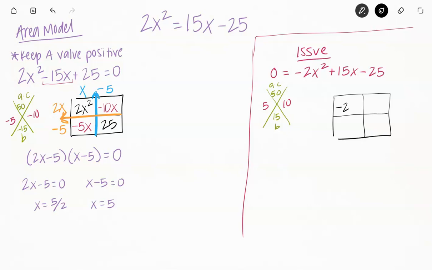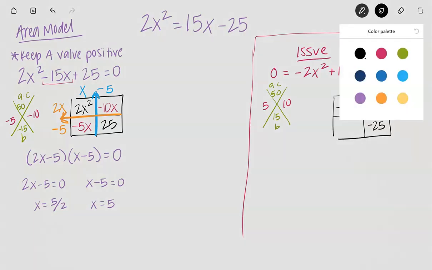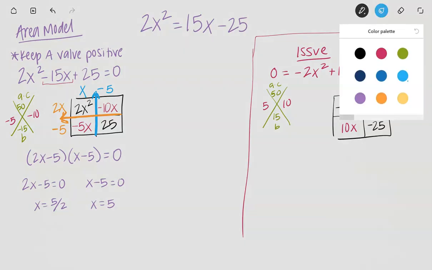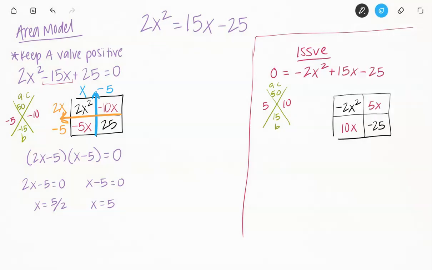Our a value is negative 2x squared. Our c value is negative 25. And then to plug in the broken up b value, 5x and 10x. Everything looks like it is a-okay. However, when we start to do the greatest common factor going up, you're going to see us running into some issues with our sign. So going up, negative 2x squared, and actually I'm going to change these just so that they're in the same spot so you can really see